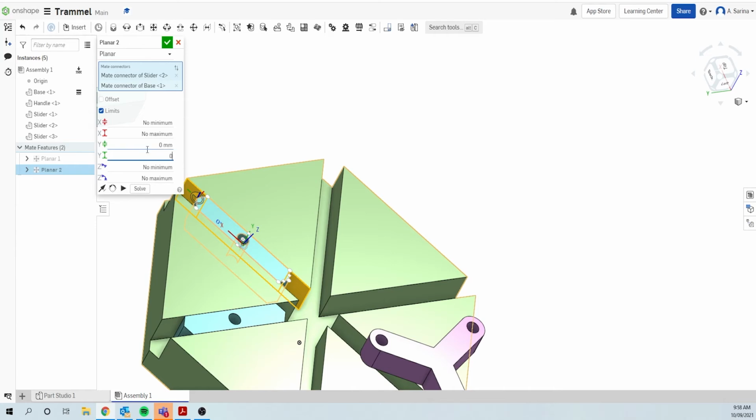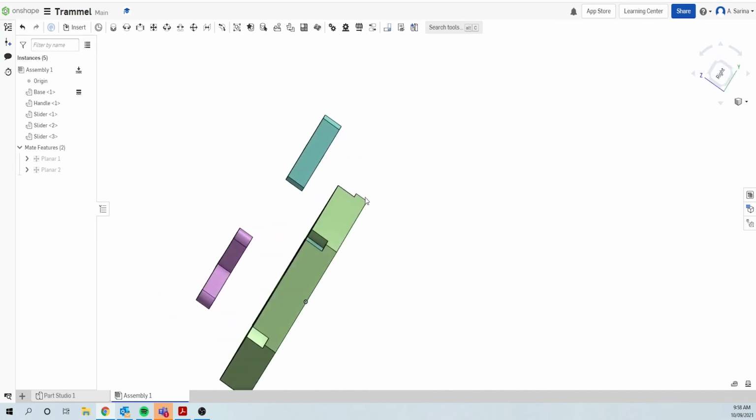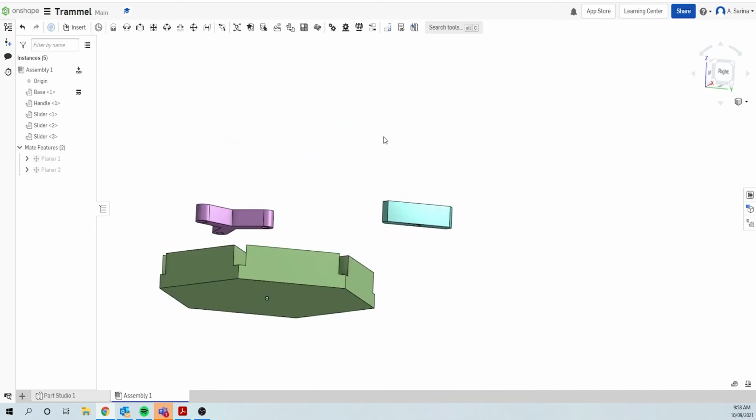along the y-axis. So I'm going to go 0, tab, 0, tab, 0, tab, 0, and put 0 for all of the y dimensions and all of the z dimensions. We don't want our slider to be able to move in those directions. So I'm going to click the tick, and then the last thing I'm going to do is get this other